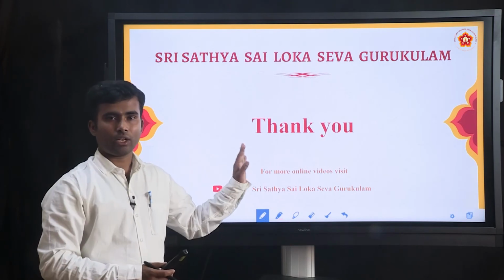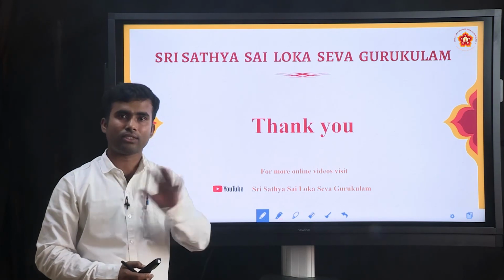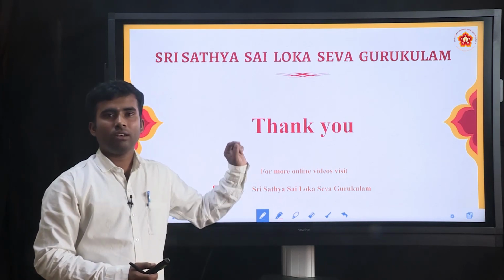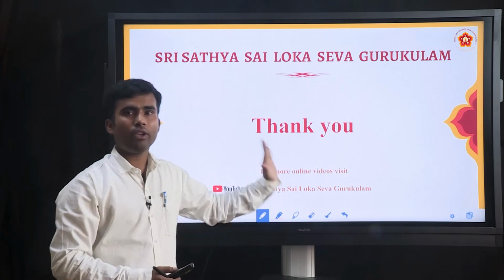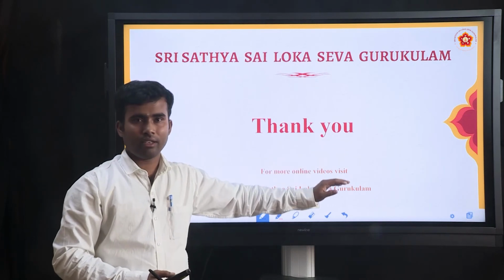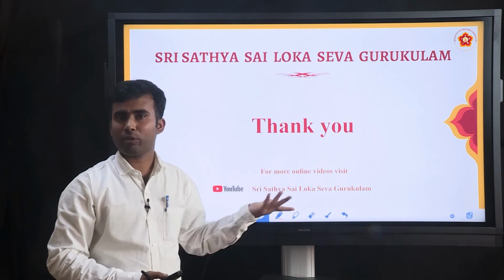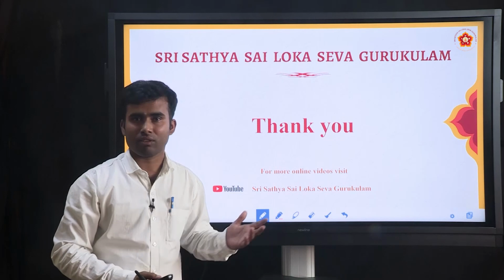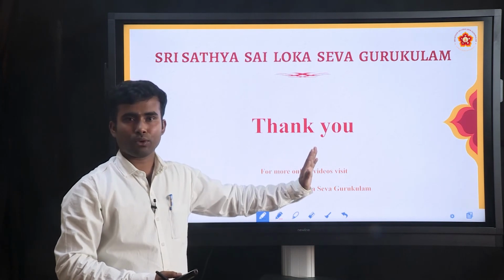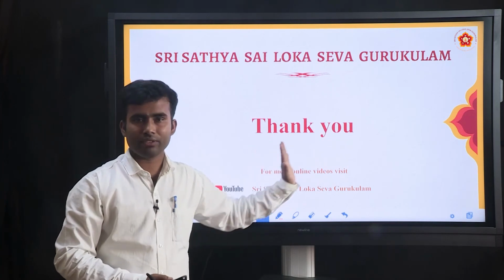With this we can conclude the expansion of determinants. Mainly in this class we focused on expansion of determinants, how we expand determinants of different orders. We only have up to order 3, not beyond that. If you take first order, the value of the determinant is the element itself. For second order, you know how to expand it: product of diagonal minus product of non-diagonal, which is very easy to find.